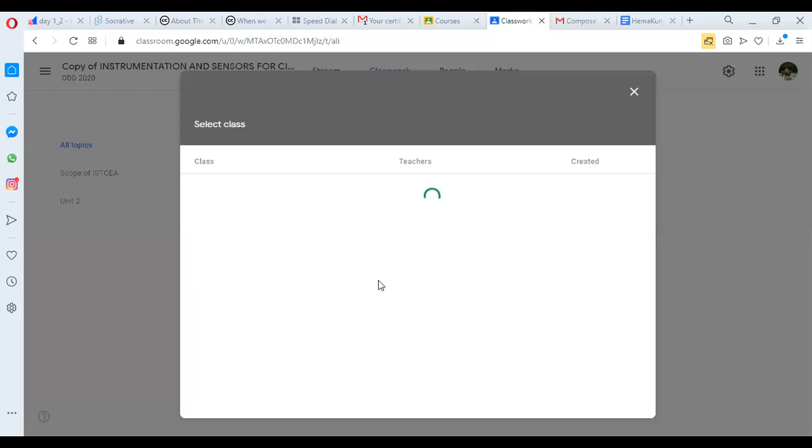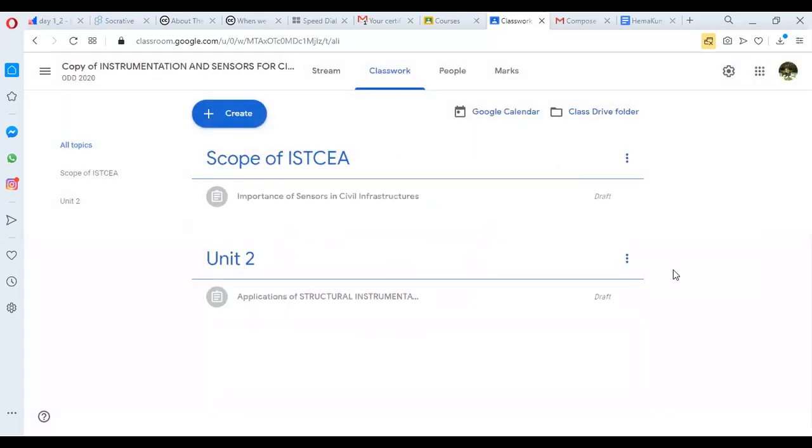So in that case, you can use reuse post. Okay. So that way you can use the reuse post. It will list out all your classes. From that you can choose which you want. That's the reuse post. So this is all about how to use your Google Classroom.